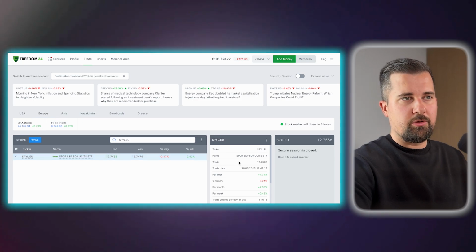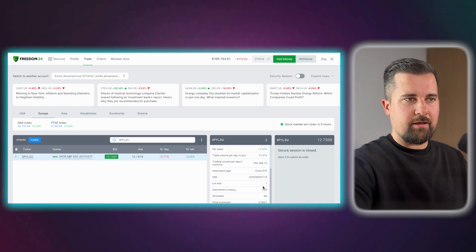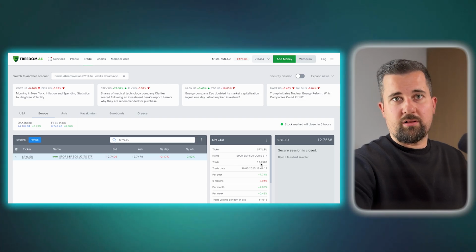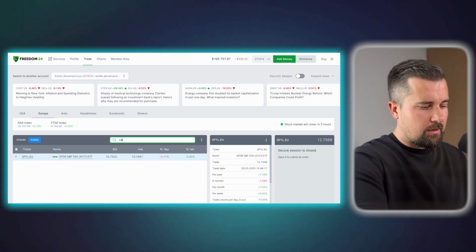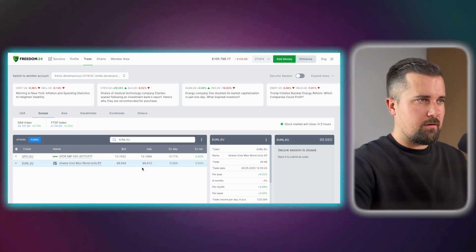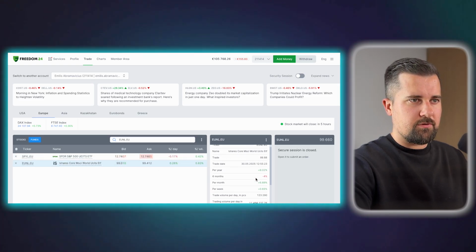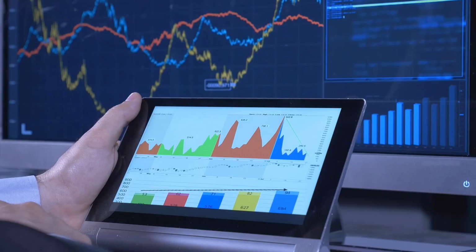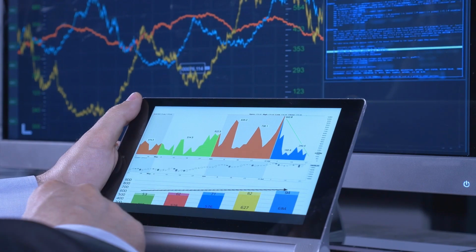Because it's an accumulating ETF, it doesn't pay dividends, but you can invest in euros and it only costs 12-13 euros per unit. The second one is EUNL, and let me check this for a second. This is a euro version as well. The idea is that these two should be enough to cover the majority of strategies as a core position where you invest the majority of your money.